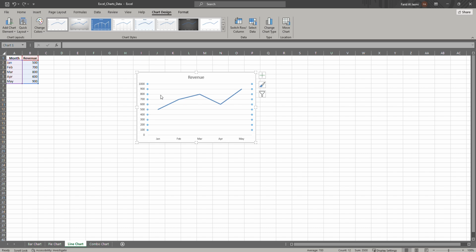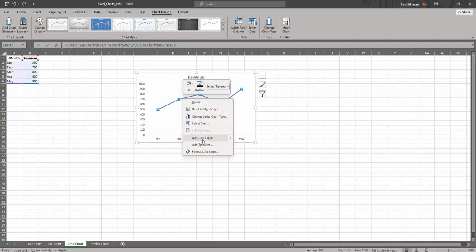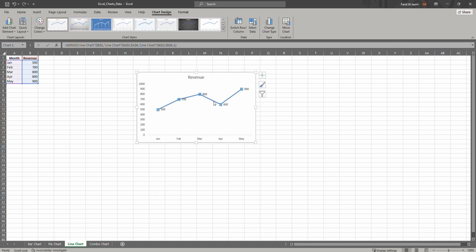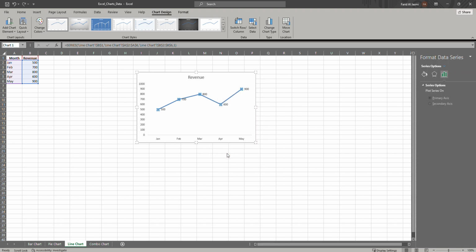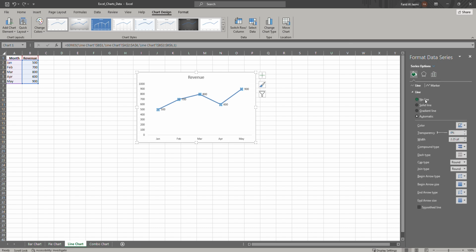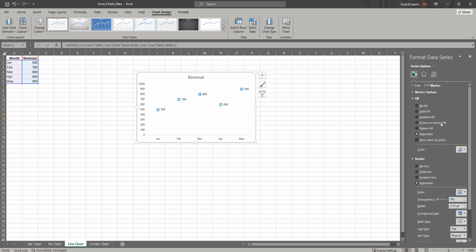We can just move the line so it's clearer, and let's just add the data labels. The nice thing with line charts, you can remove the actual line and just keep the dots if that's what you want to do, if you want to keep the chart a little bit cleaner. So how you can do that is do this, and to format the data series, go on no line, and for the markers you can just change the color to something